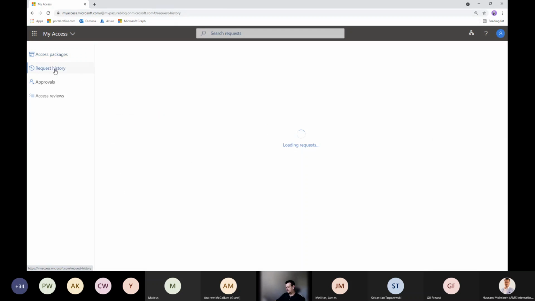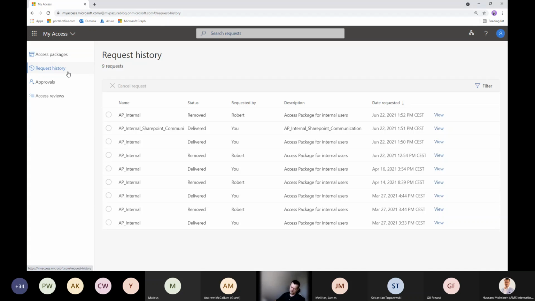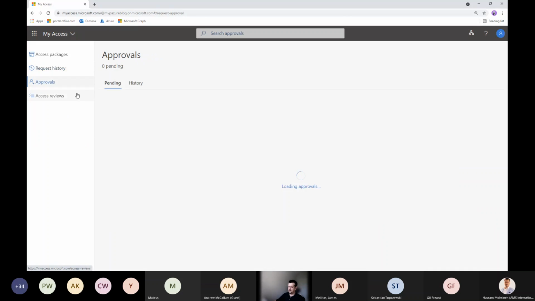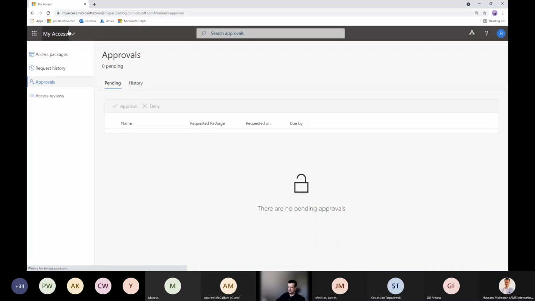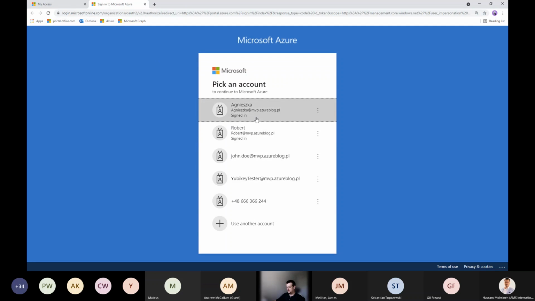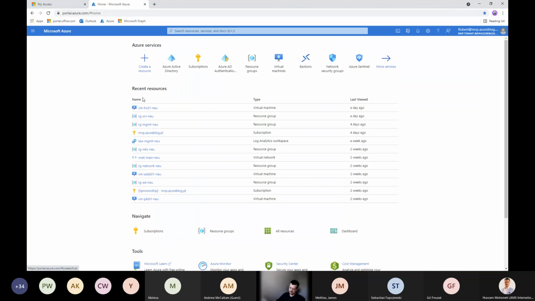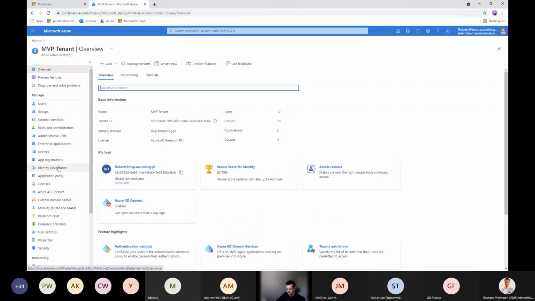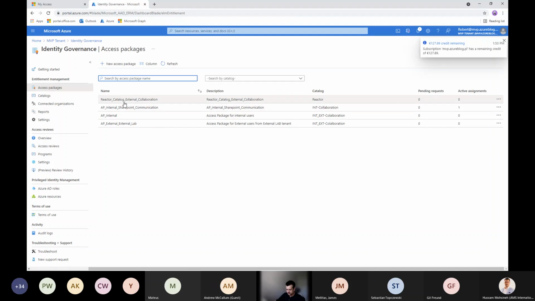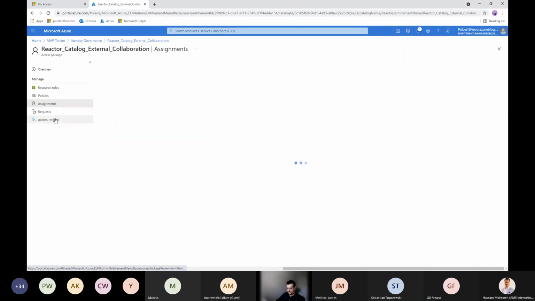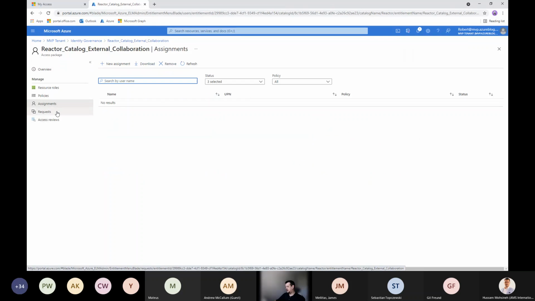So if you go here as an approver, you can see who asked and when for the specific approvals, right? Same from the access package level in the portal. If you go to the portal, then you can see who was requesting an access package and who this access package was delivered to. So let me go here. I just want to show you the workflow. Assignments. Here are only the active assignments, but here you can see the requests, and it should update soon because we had this